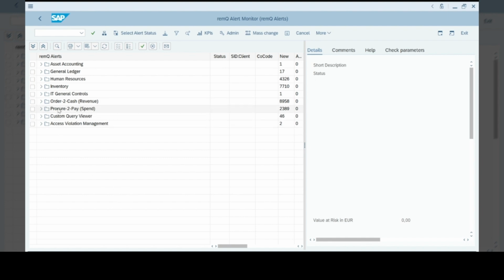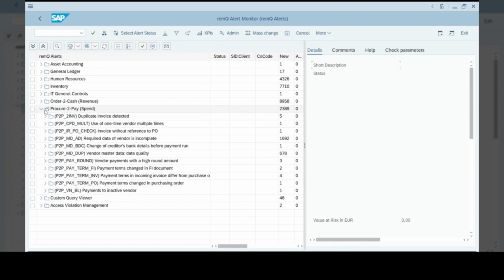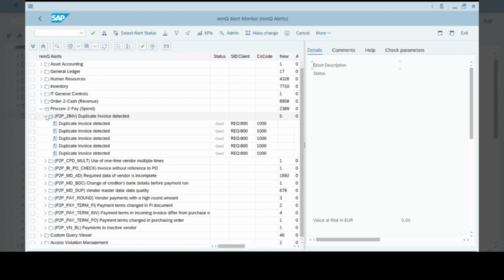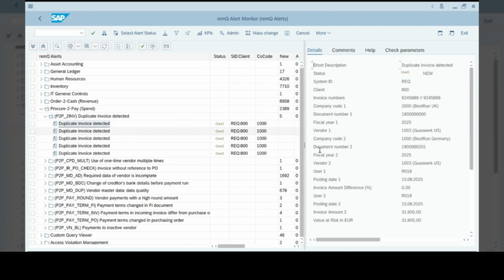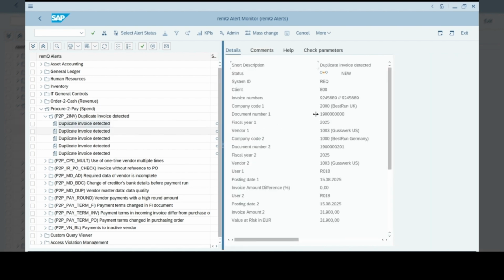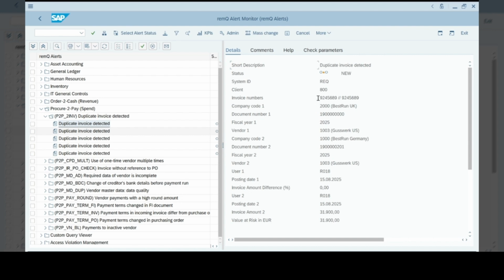First, we navigate to the Procure to Pay section, where we'll find this control listed first. Once activated and customized, RemQ continuously monitors invoice postings in the background based on a predefined algorithm. If a user enters 2 invoices that potentially represent a duplicate, an alert is automatically generated. Opening the alert, we see several details about the transaction. The key information includes invoice number. For both invoices in this example, it is